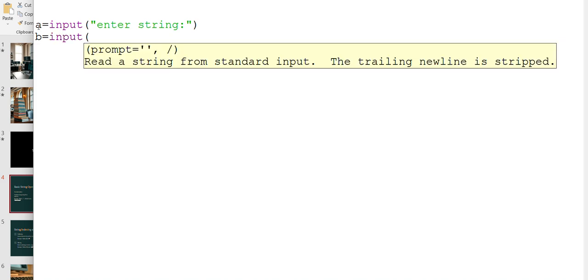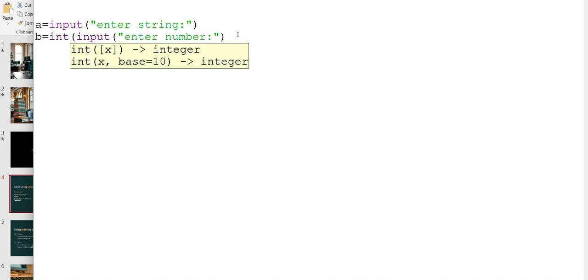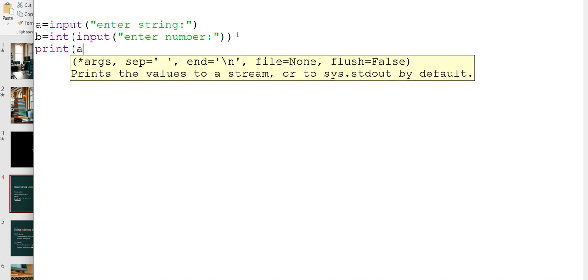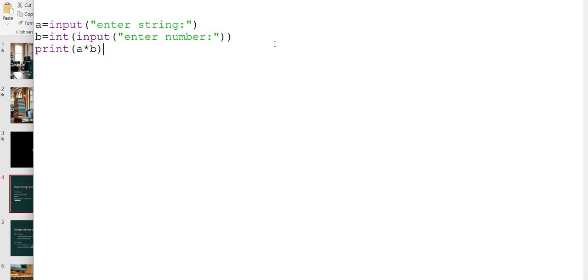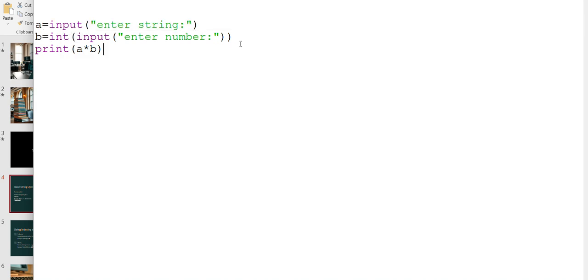Input, "enter number". And we know by default this will be a string, so we are supposed to add int over here. And now print a multiply b.